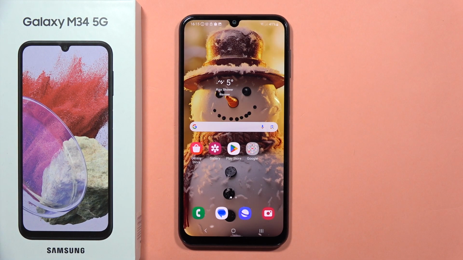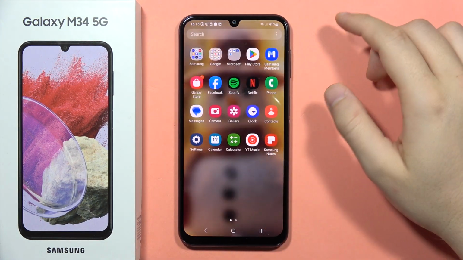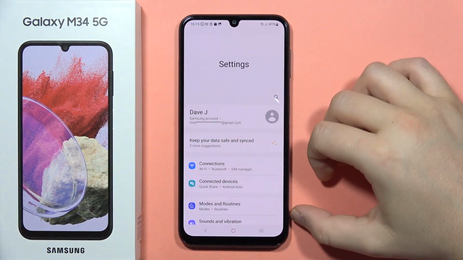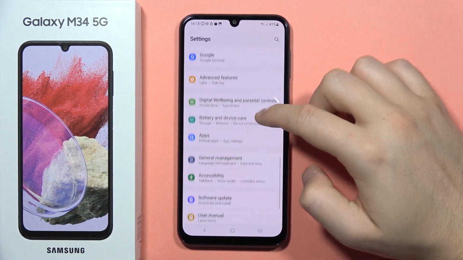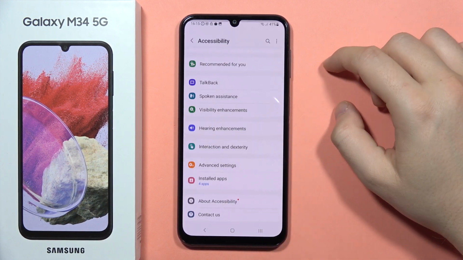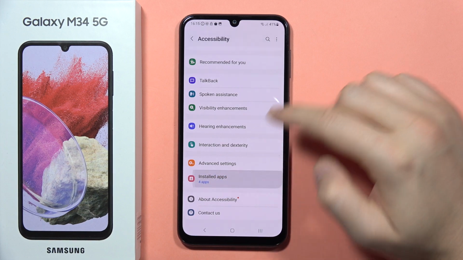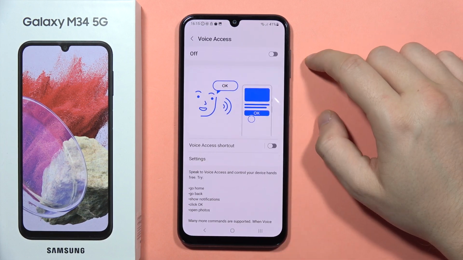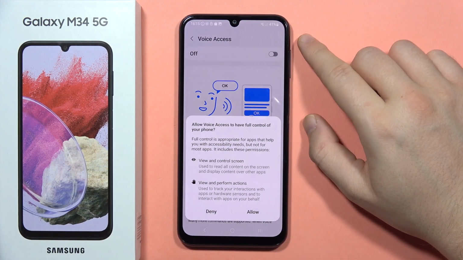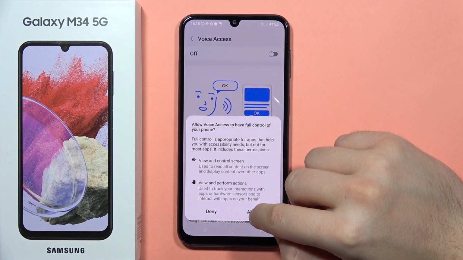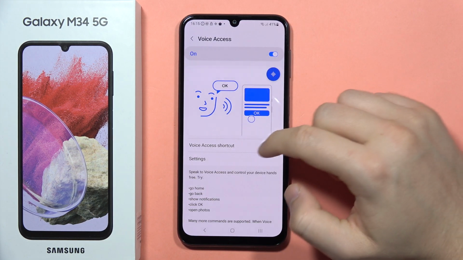Okay, to enable voice access on the Galaxy M34 5G, first open the settings, then scroll down, open accessibility, now go into the installed apps and go to the voice access. Now you have to turn it on by tapping on the switcher, click allow, and from here, if you want